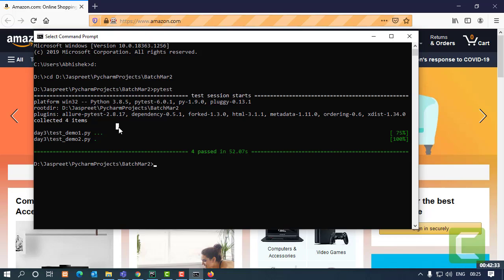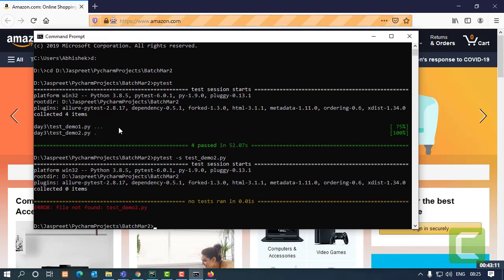Maybe I just want to run one test case from a file, or I just want to run the test cases from a particular file. Let's say I want to run the test cases from the second file in which there is a single print statement. So I just need to specify the name of the file, that's test demo 2. It has a print statement, so to get that printed here on the console, you have to add the marker -s. That you need to do.